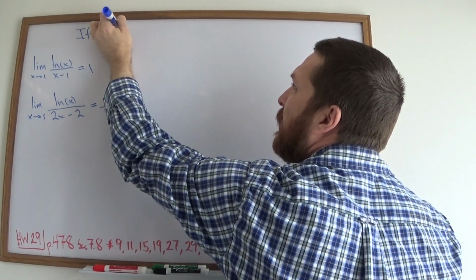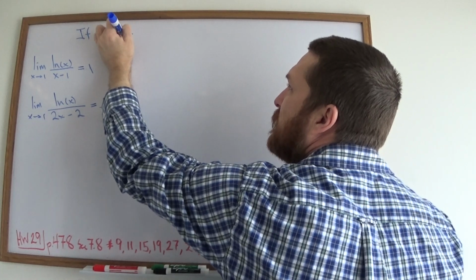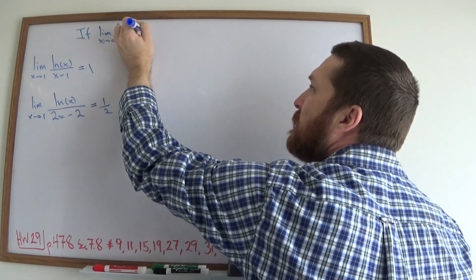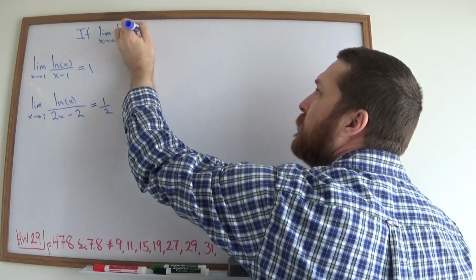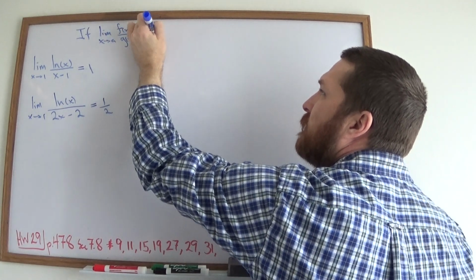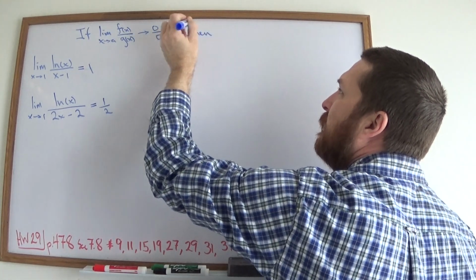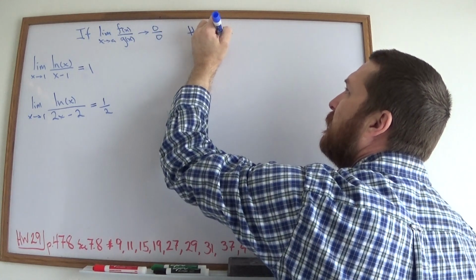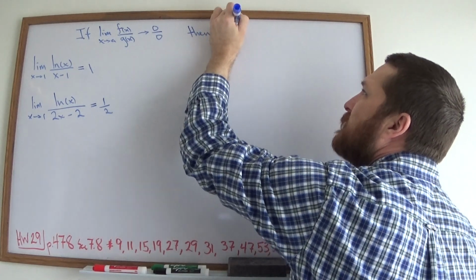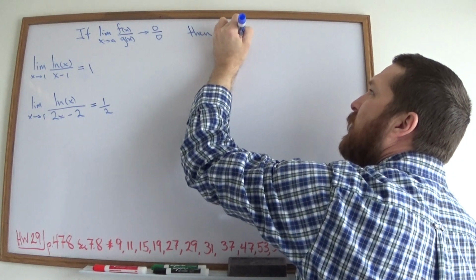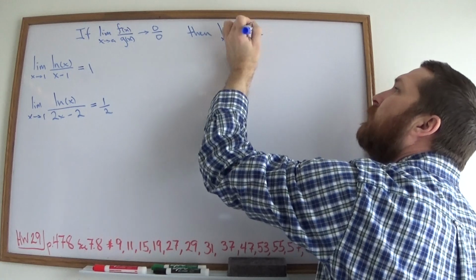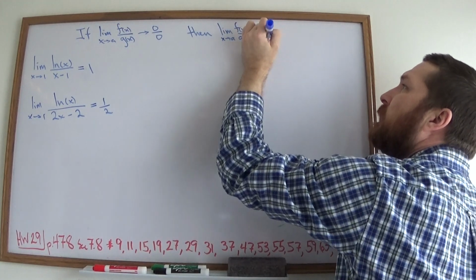If the limit of f of x over g of x, as it goes to some number, goes to 0 over 0, then this limit that we're trying to figure out, the limit as x goes to a of f of x over g of x is equal to, drum roll please,